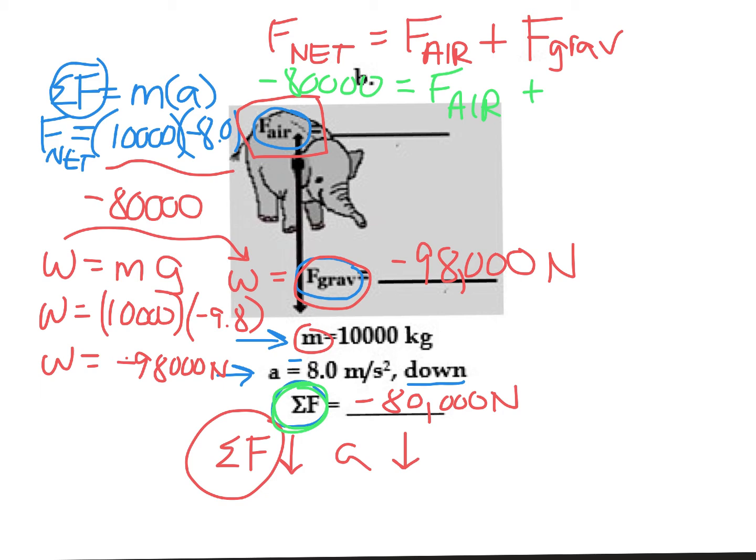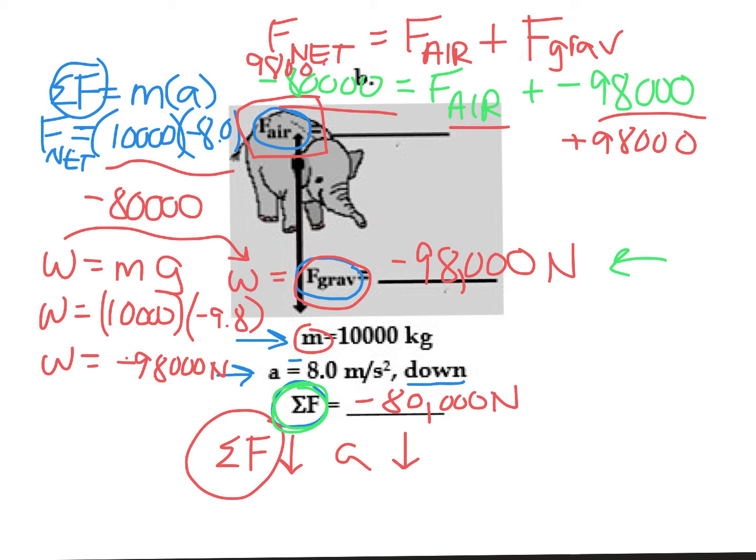No, but I want to, so maybe I'm going to solve for that. Do I know my force of gravity? Yes, I already solved for it. It's negative 98,000. So now if I solve for that, it looks like I have negative 80,000 is equal to something plus negative 98,000. So if I solve for that, really I just have to add 98,000 to both sides. When I do that, 98,000 plus a negative 80,000, what I end up with for my answer is a positive, I'll put a plus sign there, you don't need to, but I'll put a positive 18,000